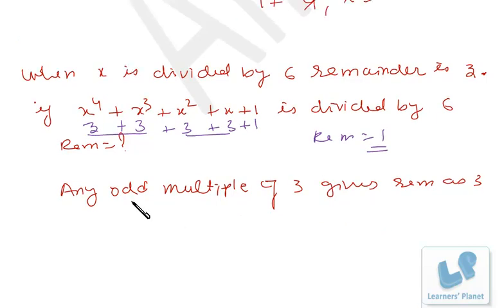And friends, this we can prove algebraically, right? I take an odd multiple of 3. I have a number 3. Then for an odd multiple, the number should be in 2x plus 1 format, right? So this complete number is an odd multiple of 3. If you expand this, you'll get 6x plus 3, right? So while divided by 3, the remainder will be 3 only. While divided by 6, the remainder will be 3 only, right? So any odd multiple of 3 gives remainder 3 if divided by 6, okay?